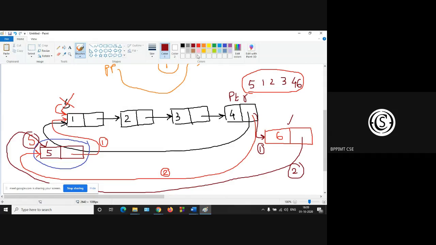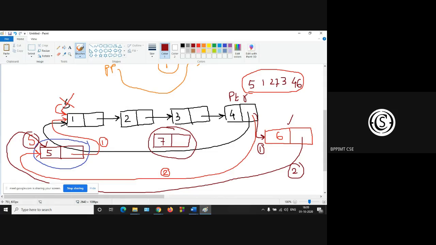Now let us insert between 2 and 3. Let the value be 7. So insert this node in between 2 and 3. So between 2 and 3 there will be 7.